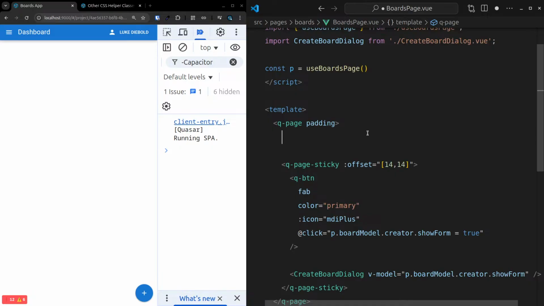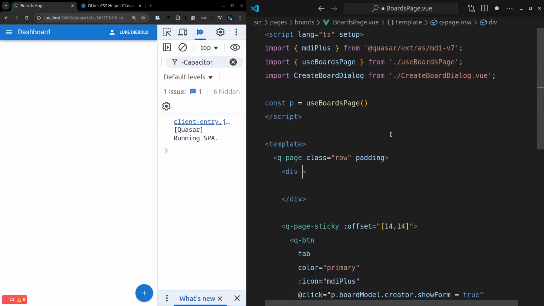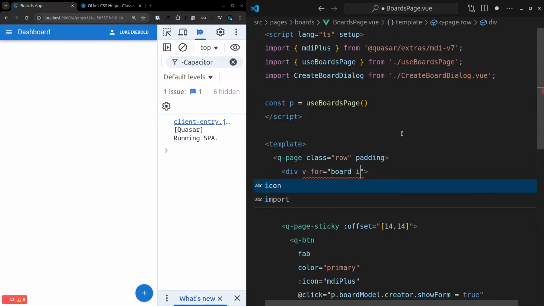And we'll do that by saying, let's have a div with a row. Why don't I do this at the page level, actually? It just makes a lot more sense, doesn't it? Oh, but often I'll make this a column, so no, that's fine. Let's make this a row. And then we can say div here, and we'll iterate over all of our boards. v-for board in p dot